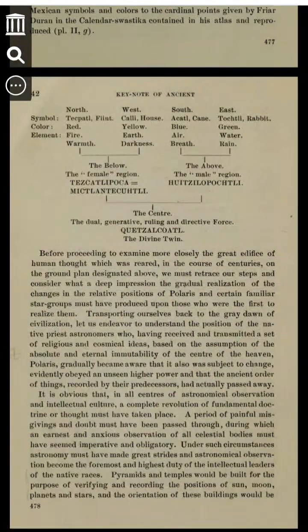Transporting ourselves back to the great dawn of civilization, let us endeavor to understand the position of native priest astronomers who, having received and transmitted a set of religious and cosmical ideas based on the assumption of the absolute and eternal immutability of the center of the heaven, Polaris, gradually became aware that it also was subject to change, evidently obeyed an unseen higher power, and that the ancient order of things recorded by their predecessors had actually passed away,